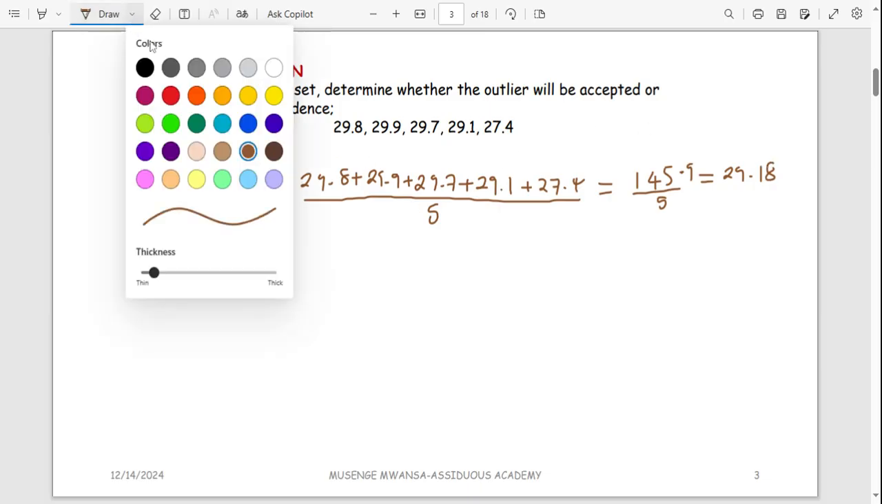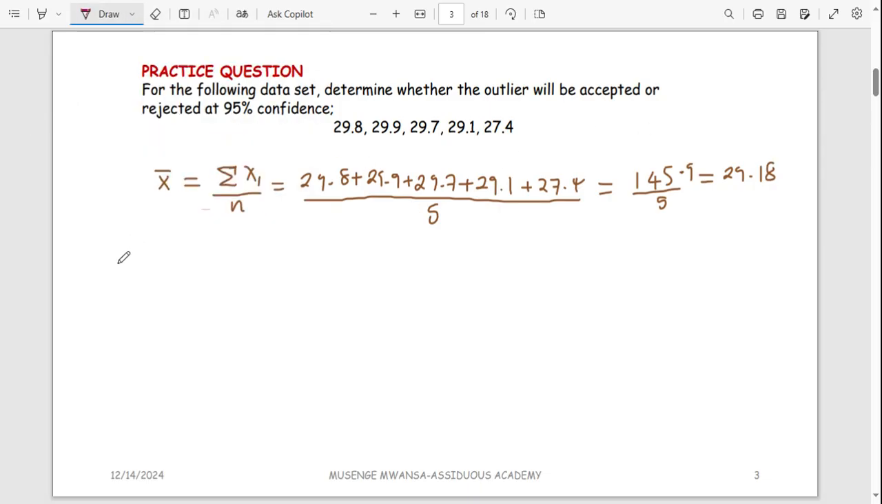When you find the mean, the next thing you want to find is the sample standard deviation. Remember, we said you are going to use S. And this is given by the square root of the summation of each term minus the mean. So this is xi minus the mean. You square that and then you divide by n minus 1. The first term is 29.8. Remove the mean, which is 29.18. You're supposed to square this plus